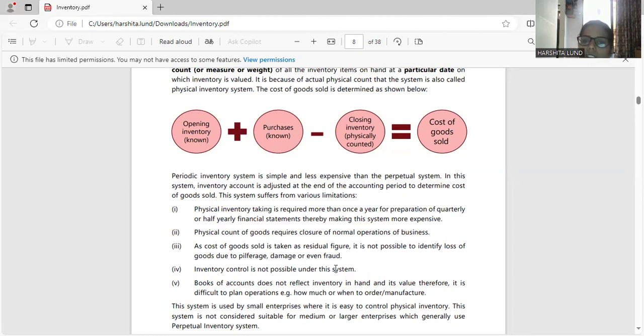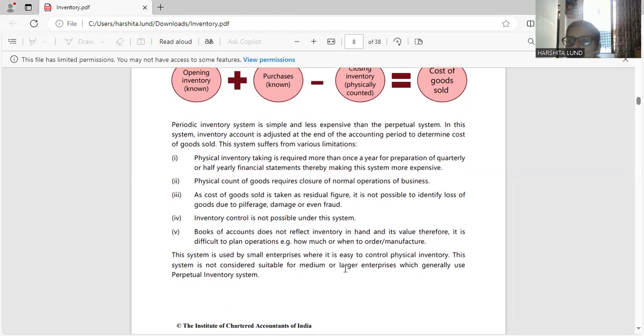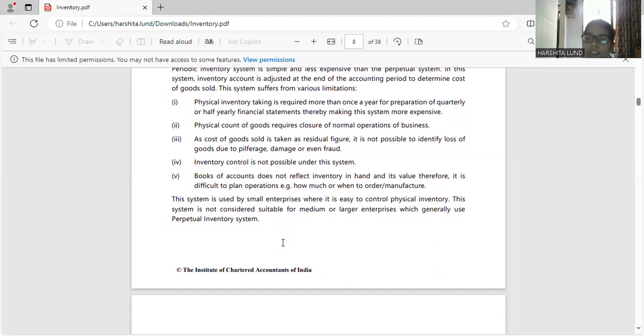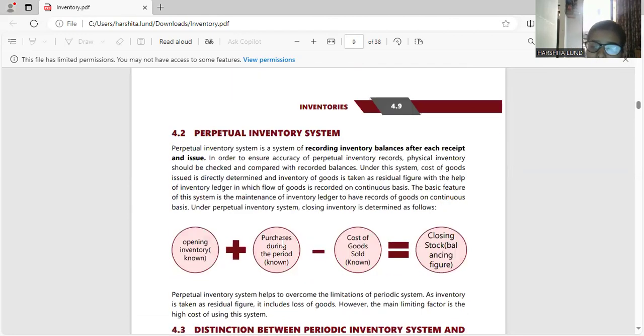Inventory control is not possible under this system. You will not be able to know the value of the inventory, so inventory control is also not possible. The books of account also do not reflect the current value of the inventory, because once the inventory value is calculated, it is fixed. In order to address all these limitations, there is another method which is mostly used by business houses today,